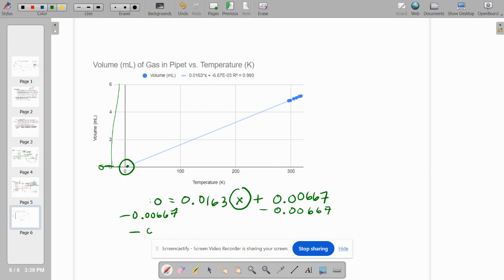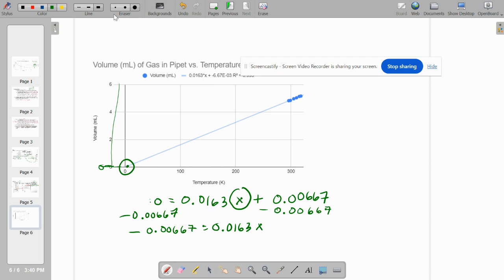Okay, so that's going to leave me with negative 0.00667 equals 0.0163x. And then, how do I get x by itself? So the last step is I'll just divide this and put it on the other side. So it crosses out. This crossed out right here. So basically, it's being added right here, so you had to subtract. That's the opposite of adding. And this right here, it's times x. So the opposite of multiplying is divide. So it crosses out on this side and basically I end up with x equals negative